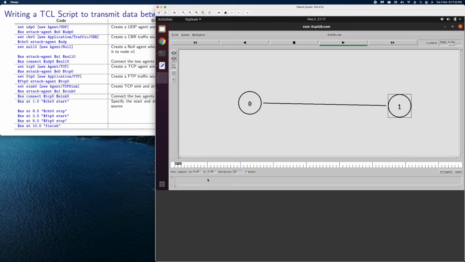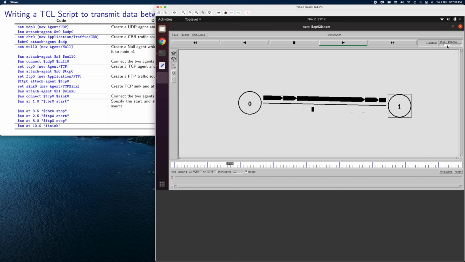At 1 second we should see the UDP traffic flowing because of the CBR application, and at 1.5 seconds you should see TCP traffic flowing because of FTP. We have the UDP traffic flowing, and at 1.5 we'll see TCP traffic flowing if everything goes fine.